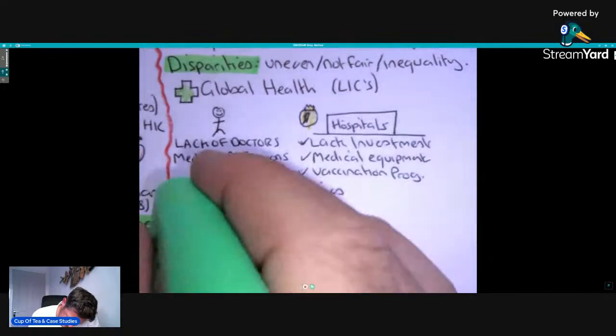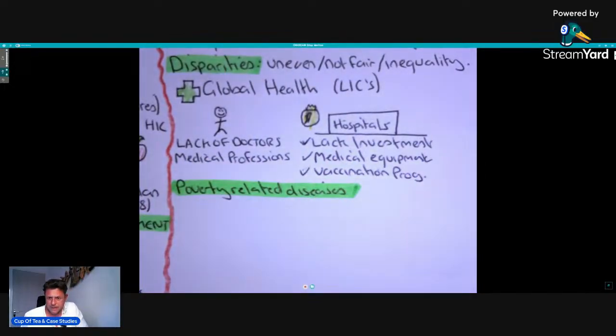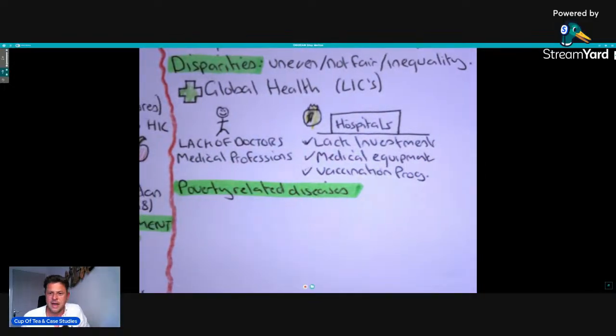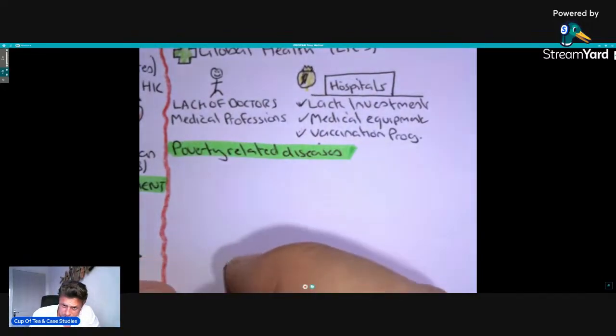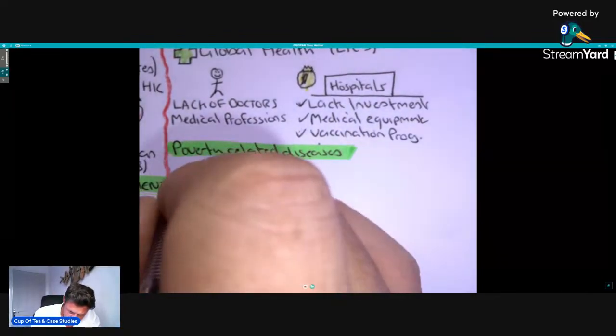Poverty-related diseases. So things that you and I wouldn't die of because there's medication or there's healthcare systems in the UK that help with that. But people in poorer countries do. So poverty-related diseases are such as